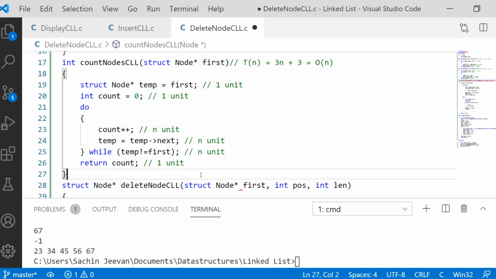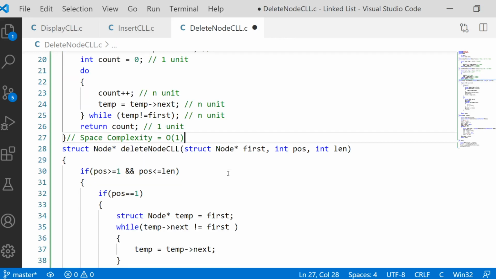When something is not changing with respect to input, it is called constant, either time or space. If time is not changing with respect to input change, then it is constant time. If space is not changing with respect to input change, then it is constant space. So the space complexity of this concept is order of 1, constant space.